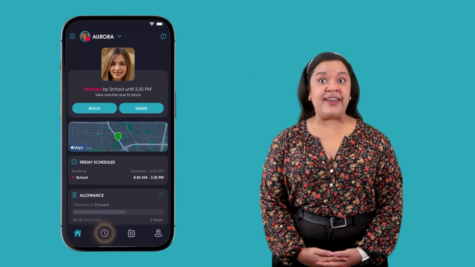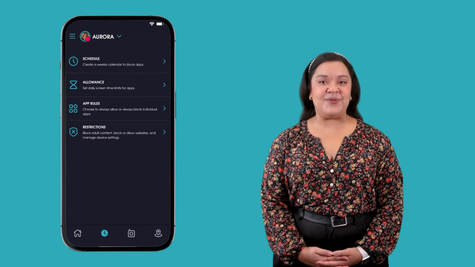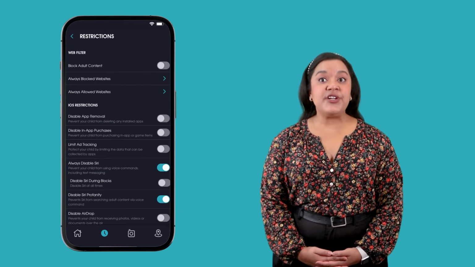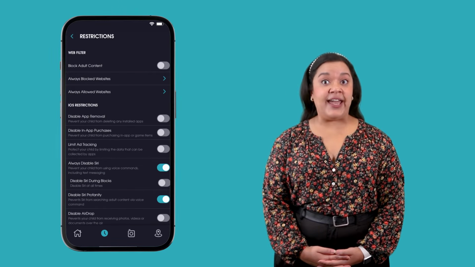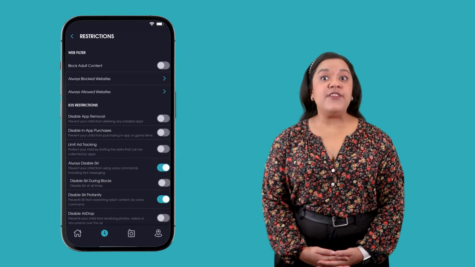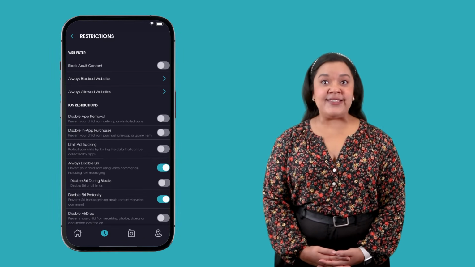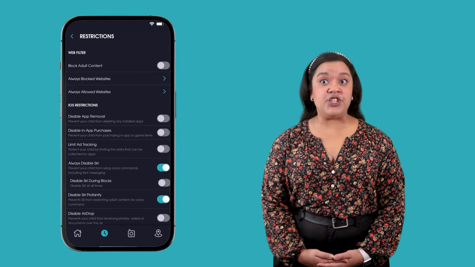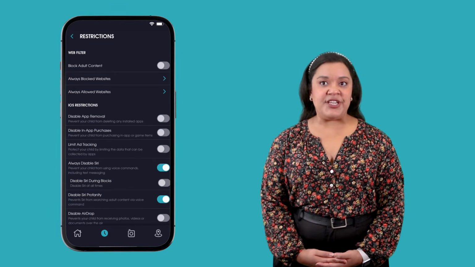Restrictions is our tool for filtering out adult content and managing other device controls on your child's mobile device. To set restrictions, tap the Rules button at the bottom of the screen and go to Restrictions. The restrictions page will look different for iOS child devices and Android child devices. If you are managing both an iOS and Android device for one child, both sets of restrictions will appear on